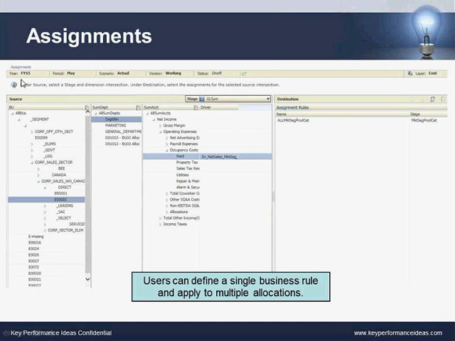Up at the top of the screen here, we can see our point of view. So when we are creating our assignments, again, going back to the point of view, we are creating it for a year, a period, and a scenario. We can copy that assignment to all subsequent periods. And if we're doing a what-if scenario, we can copy it to the what-if scenario,